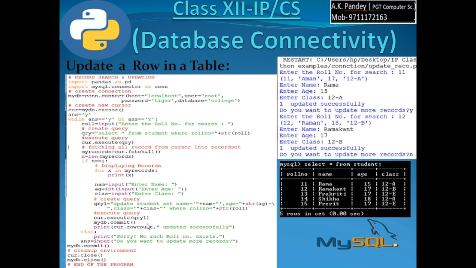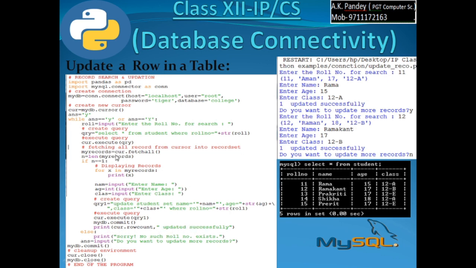If there are 10 rows affected by this query QRY, it will return 10 records. So cur dot row count, 1 updated successfully. Here we had to write 1 record updated successfully, so you can edit it here, within the string write 1 row updated successfully.